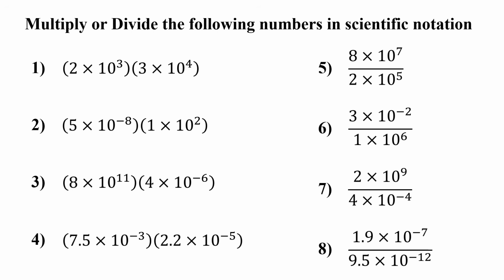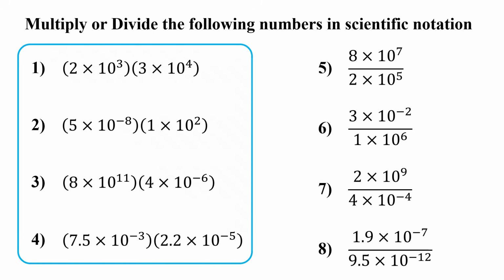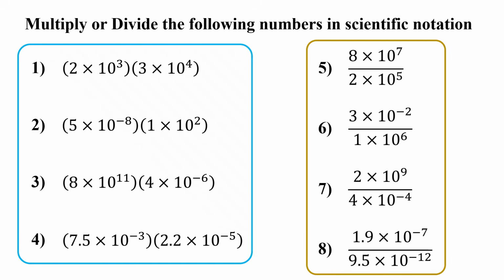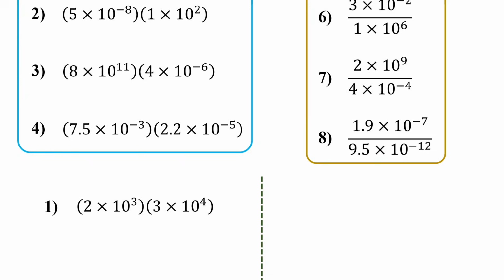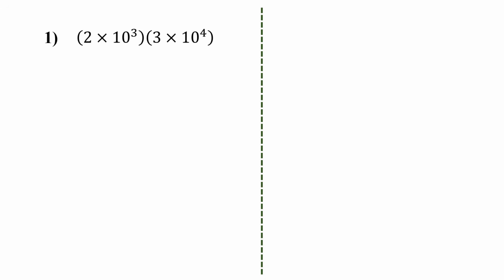In this lesson, you are going to learn how to multiply and divide numbers in scientific notation step by step. We will start with multiplication, then switch to division. Let's jump right in. Here we have 2 times 10 to the third power multiplied by 3 times 10 to